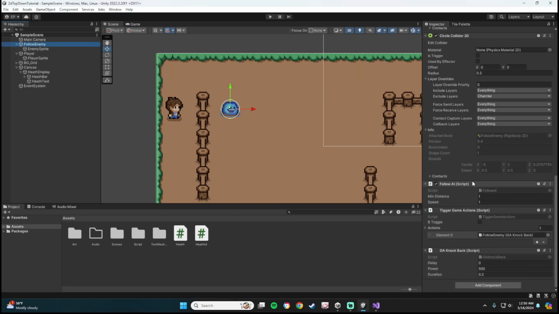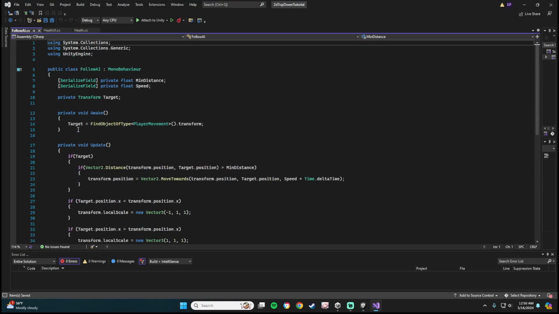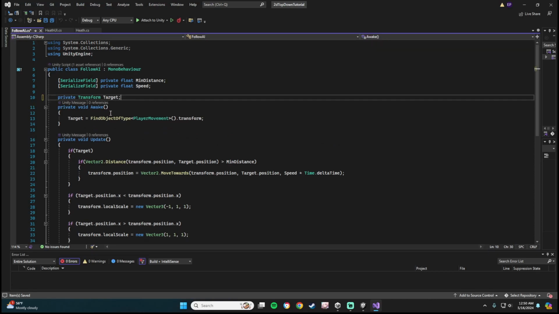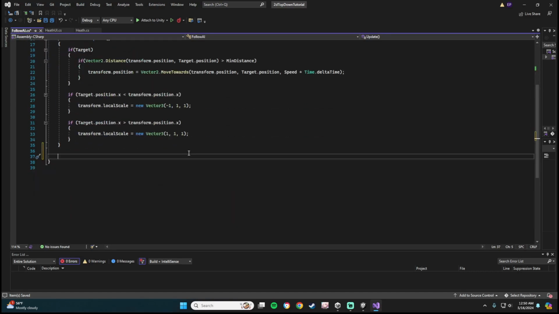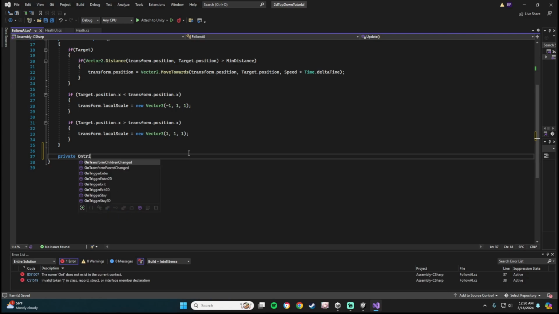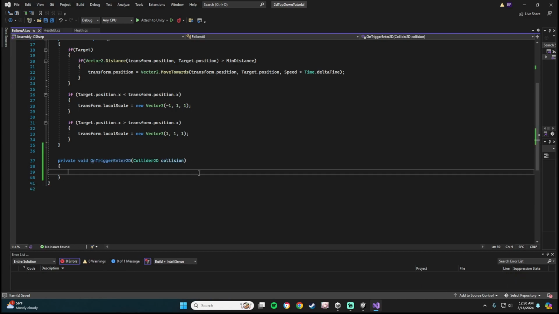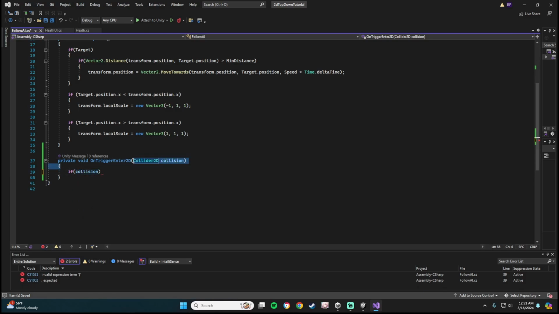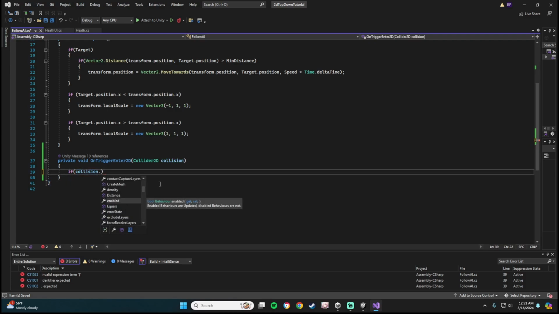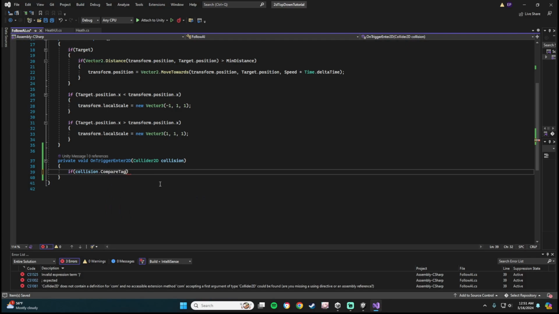we're just going to make a new little thing inside of our follow AI. And this is going to be specifically a follow enemy AI. So we can say private void OnTriggerEnter2D, if collision, which is what our Collider2D is called, the variable this is taking in. If collision.CompareTag player,